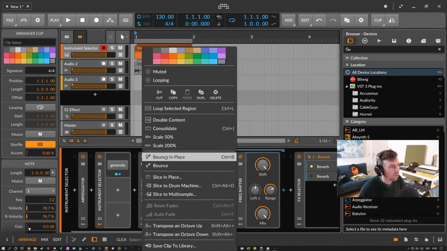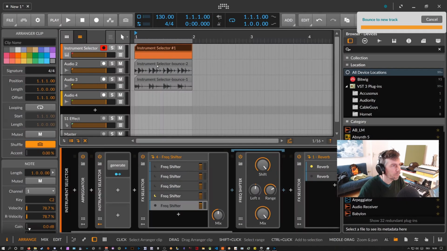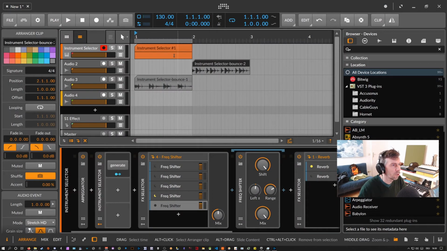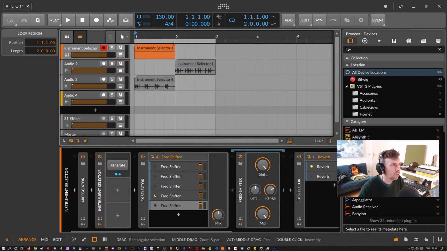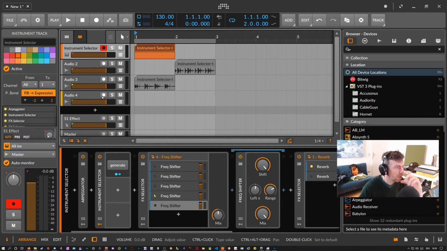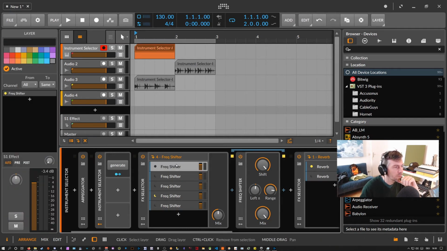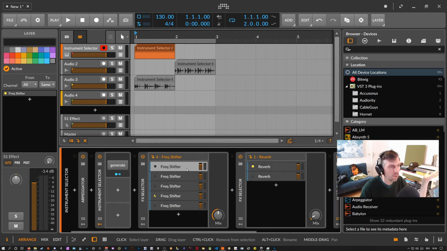Okay, so we can bounce this also. So we have a different loop here, and we can use this in a different section of our track. And what we also can do is maybe do the same trick here that we did with the frequency shifter. We can also use this, of course, with the